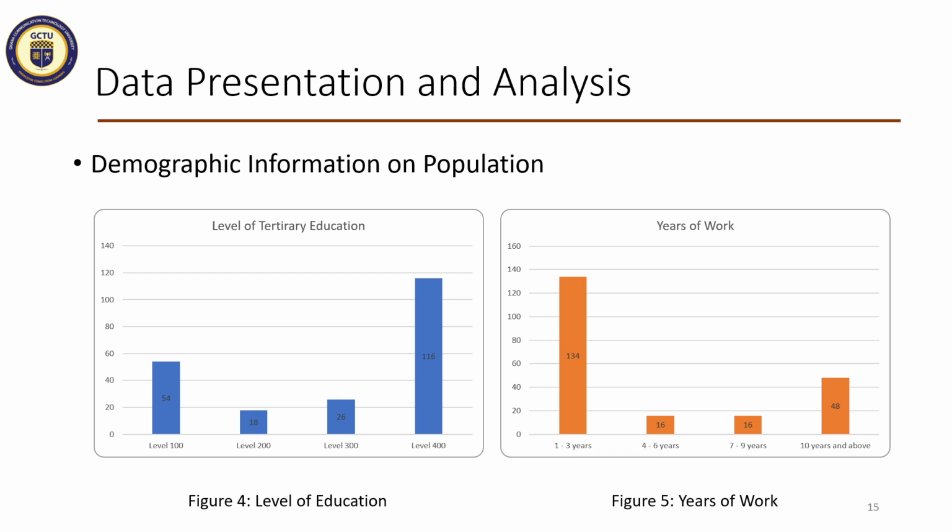the educational information. For their level of education, we also discovered that for level 100 students, we had about 116 from our population. Then this was followed by level 400, then level 100, and then level 300, and finally we had only 18 people who are level 200 students. Now, when we come to the years of work, the number of years they have worked,